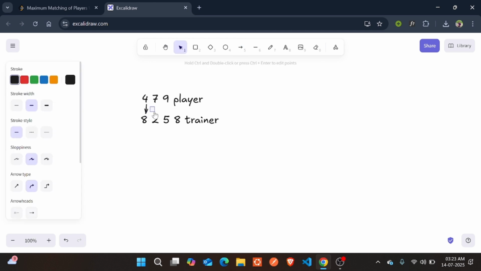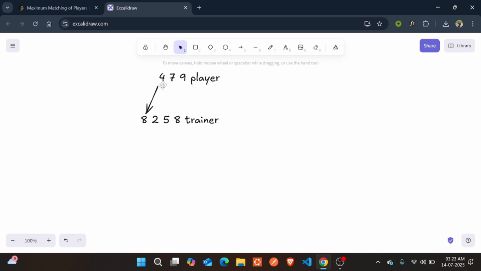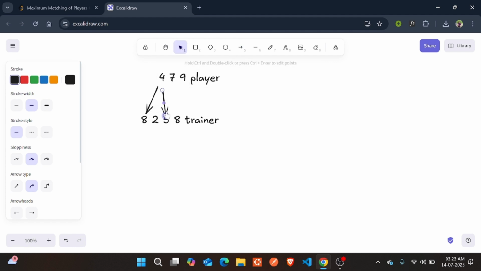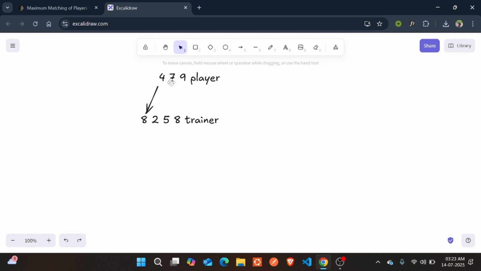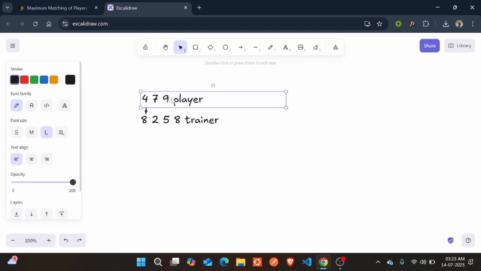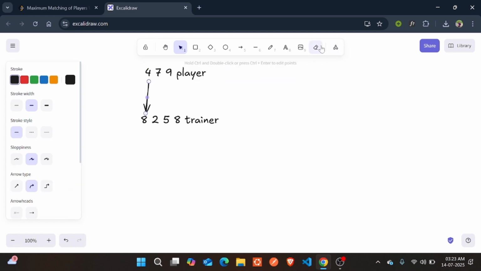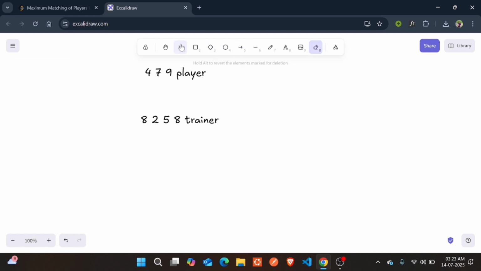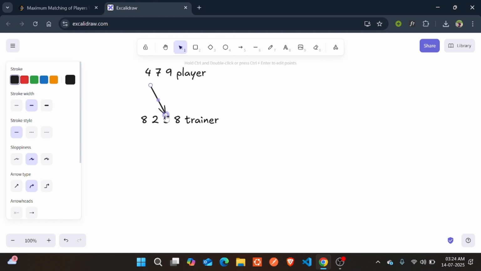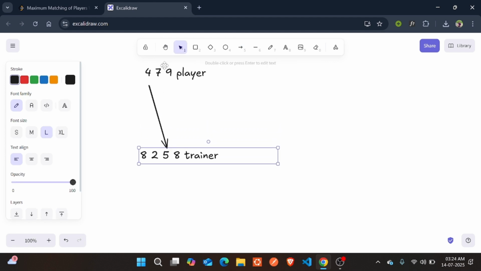We cannot match 4 with 8 and 4 with 5 both, and we can do matching only if the training capacity of the trainer is greater than or equal to the player's ability. So for this test case, we can match 4 with 5,